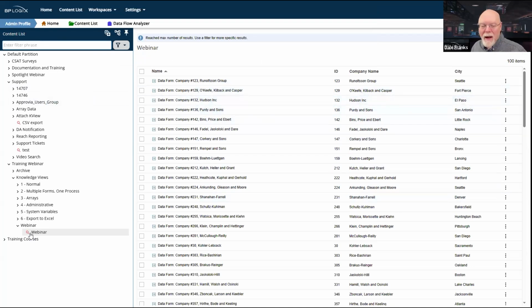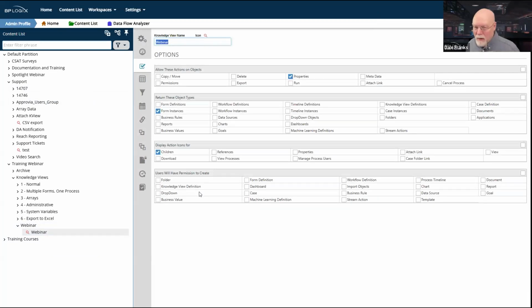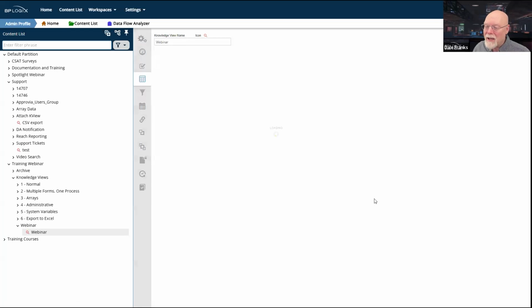So in-place edit is kind of cool. I certainly would be real careful about showing it to end users. But if you are an admin and you want to do in-place editing, which is a very common request, you have the ability to do that. You just have to remember that if you're going to turn on in-place editing on the columns tab, you got to come back to the options tab and turn these two on. I just couldn't remember which two it was that I was supposed to turn on whenever I came back to that tab. But happily, I've documented that.